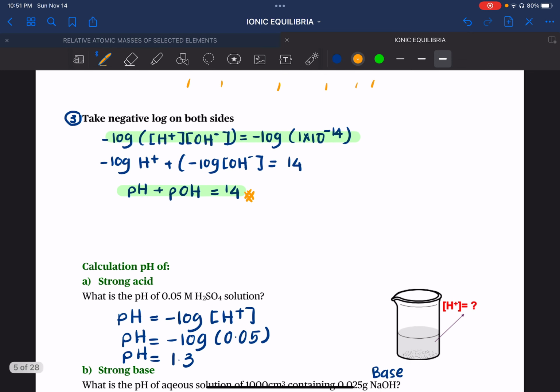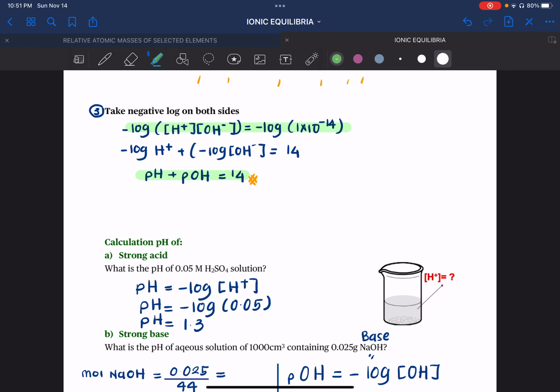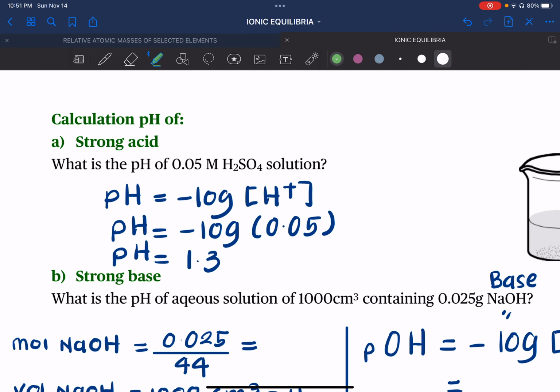Okay, now kita move on to the calculation part. Now, kita nak kira pH untuk strong acid. So, soalan tanya, what is the pH for 0.05 molar sulfuric acid? Okay, kita tahu sulfuric acid is a strong acid. So, first you write down the